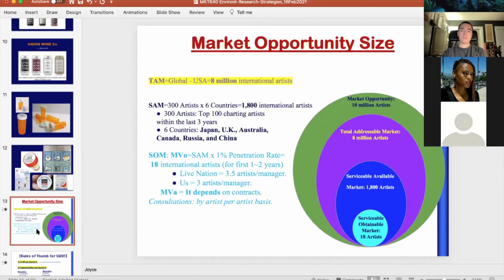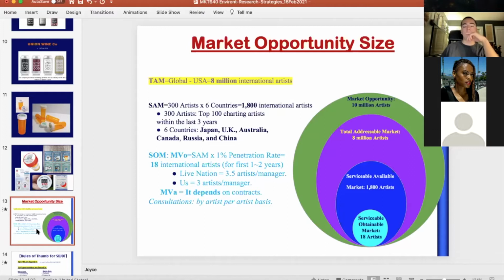Then the total addressable market. So the total addressable market, the TAM, would maybe be just looking at California, maybe even Southern California to start. And there the TAM is, you find that it's 2 million people or something like this, maybe more, probably, Latin music, 4 million people. But you find this from research, because you find the number of people that follow this genre of music, and you find them in this territory.